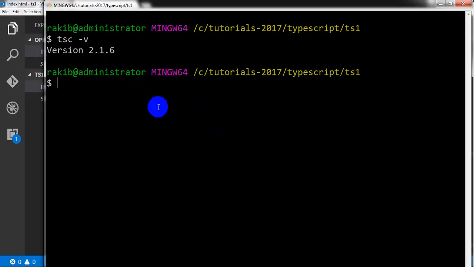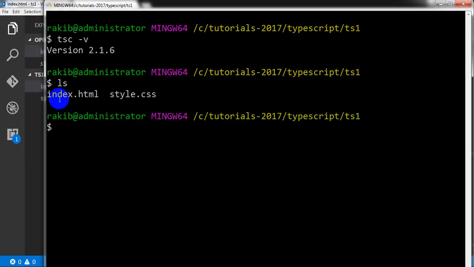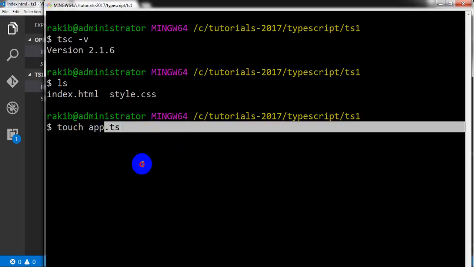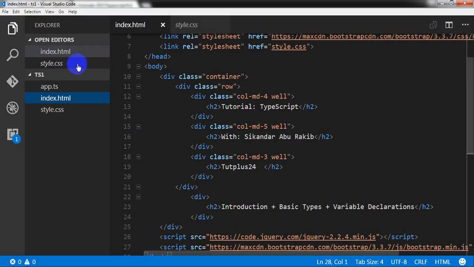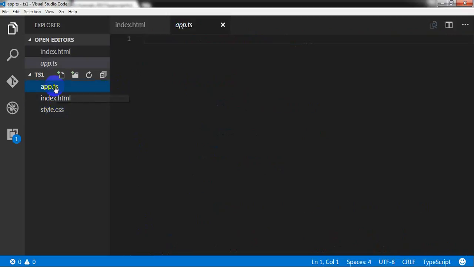So you can check it, and this tsc compiler compiles our TypeScript file into a JavaScript file. I am going to create a TypeScript file first for my project. Here I have only index and style files, so I'm going to create a file of TypeScript type: touch app.ts. The TypeScript file extension is ts, and I'm opening the code window. It is app.ts, and if I write some code here like